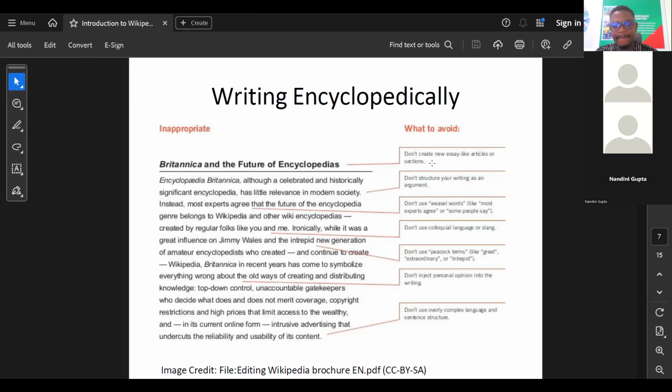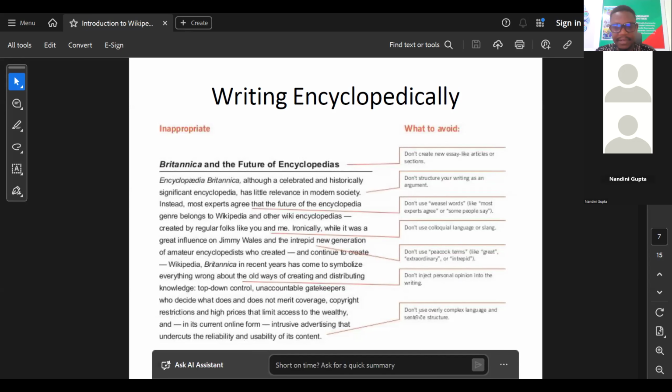to, you know, the beginning of the article suggests that it is not neutral. Whoever is writing this article may be someone who is aligned with Wikipedia or is associated with Wikipedia itself, because Britannica is also an encyclopedia, but Wikipedia is online, whereas Britannica was kind of like a hard copy book, big encyclopedia that has similar structure, even though the founder of Wikipedia, who is Jimmy Wales, was inspired by Britannica.